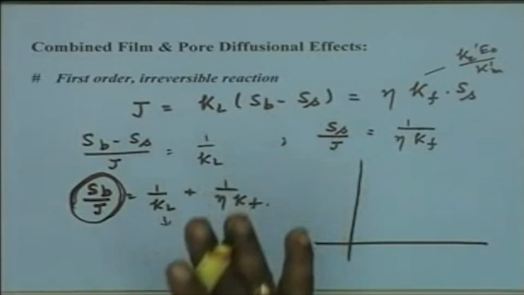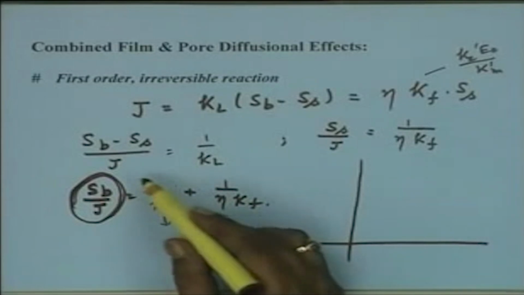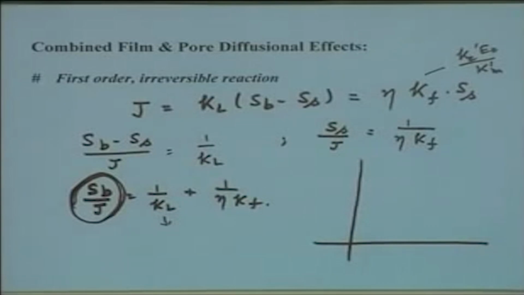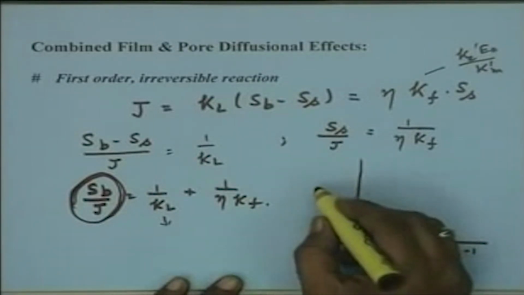Increasing the linear flow velocity will increase KL, so 1 upon KL will decrease. And so, if you plot, let us say, the inverse of flow rate versus the overall rate constant 1 upon K dash,